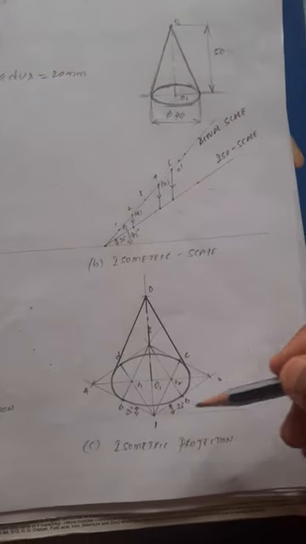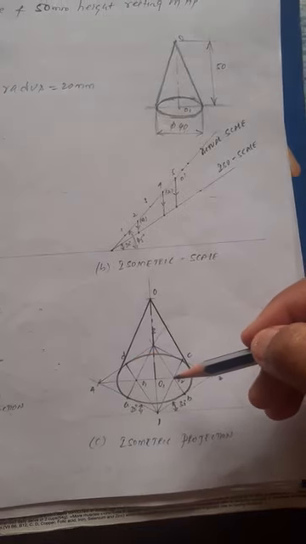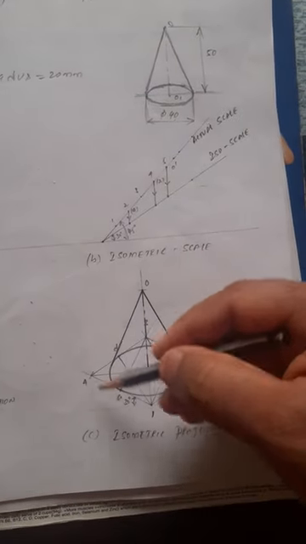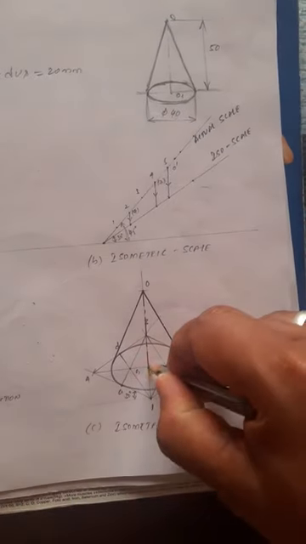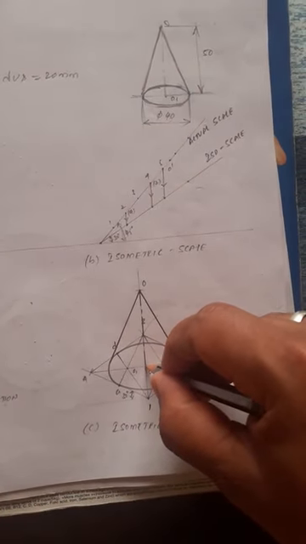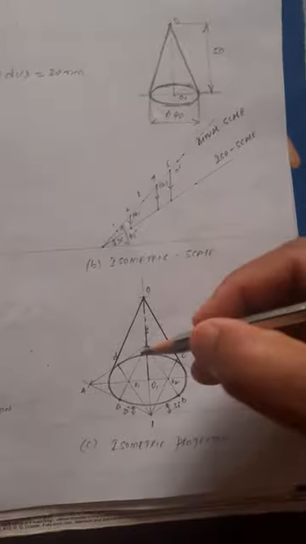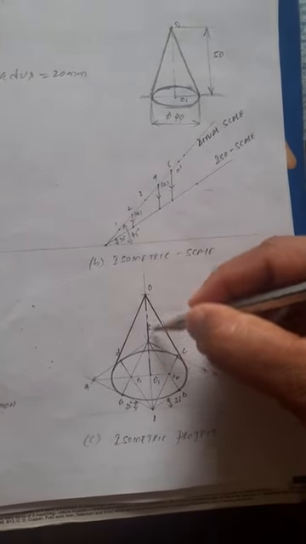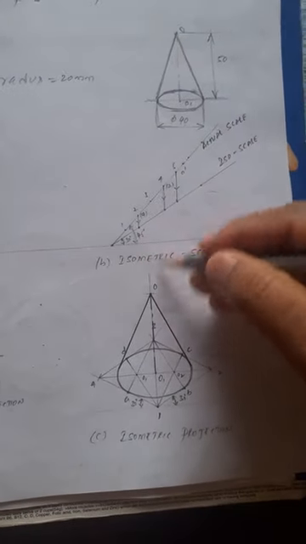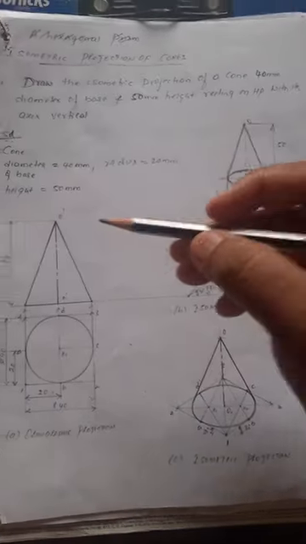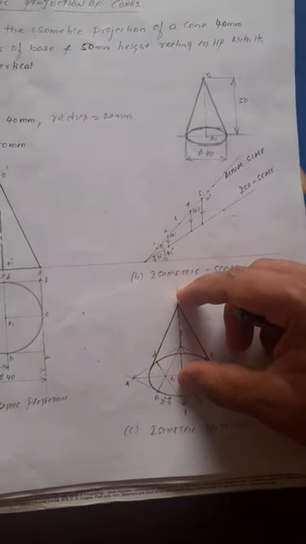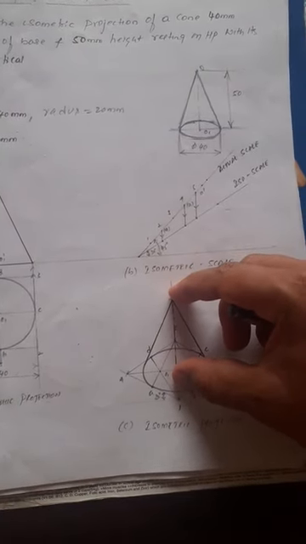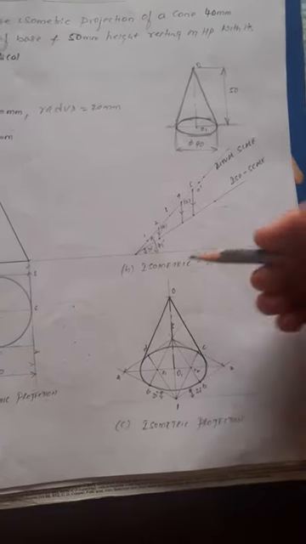Then you know how to construct a circular lamina, right? The same way you construct the circular lamina, and then you will also get the center of the circular lamina, right? From that O1, draw a vertical line. This is a 90-degree line. On the 90-degree line, how much do you measure here? 50 mm means how many blocks? 5 blocks. Or convert into ISO 50 if you draw on a white sheet, right? Then you will get the apex.